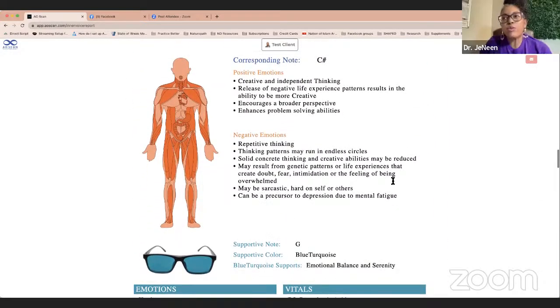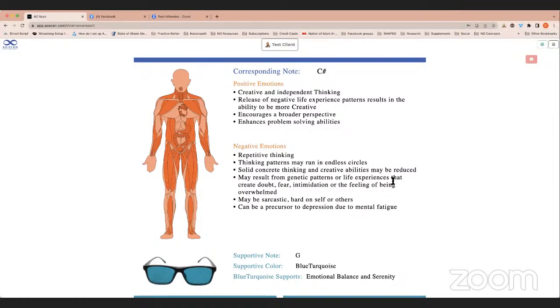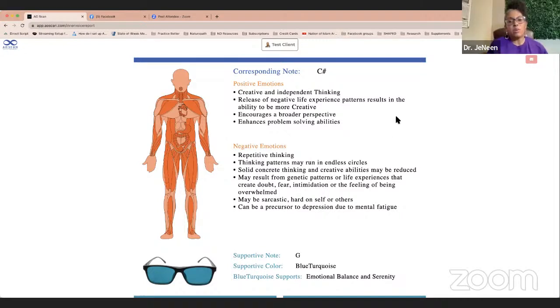No, the blueprint is more with the other scans. So when we're doing vitals, we're looking at the organs, the glands, the systems, the blood, things like that. Every part of the body resonates at a certain frequency, and so we want to make sure it's optimized and it's resonating where it needs to.